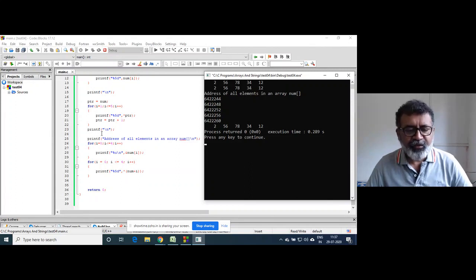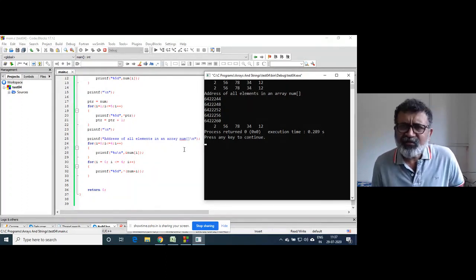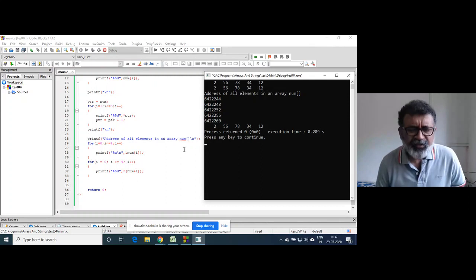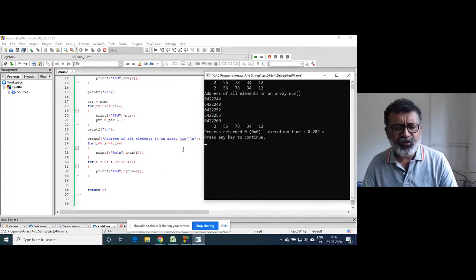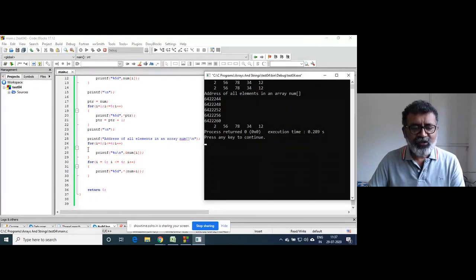Then again a new line. Here we are printing the addresses of all elements in the array: 44, 48, 52, 56, and 60. Each time you run the program, or on a different machine, the addresses are going to be different for sure. Then this loop is going to be executed.